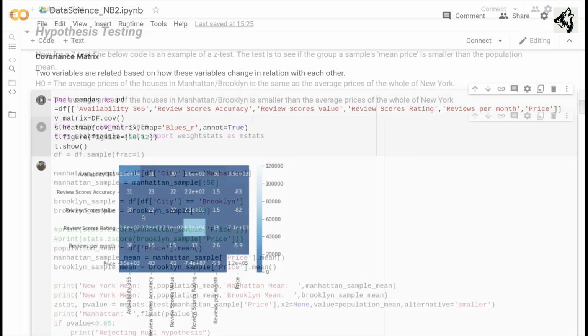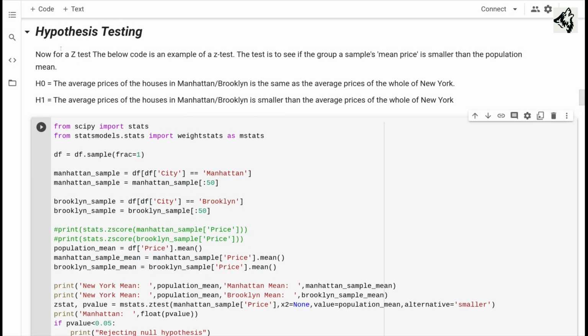Using hypothesis testing, we try to interpret or draw conclusions about the population of the dataset by using a sample of the data. A hypothesis test evaluates two mutually exclusive statements about a population to determine which statement is best supported by the sample data. So the first step would be to establish a hypothesis.